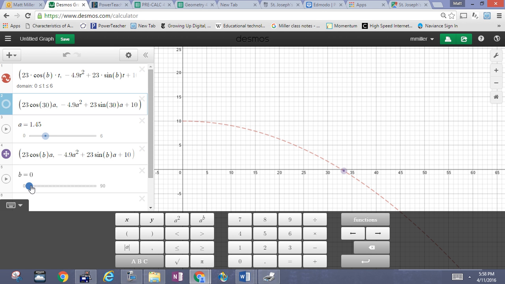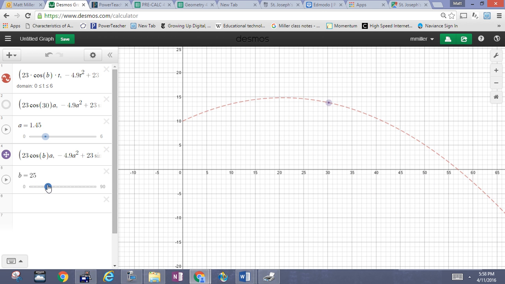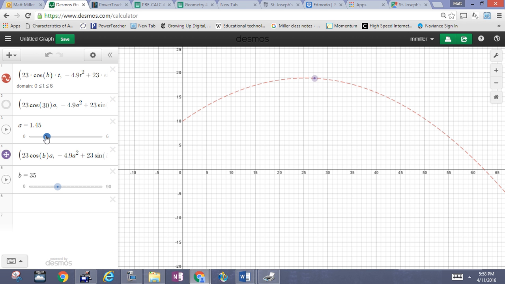Now let's go and change this angle up again. We were at 30. I'm looking to see if I can get more range out of this with a different launch angle. So 35 is giving me a better launch angle. And of course, a 35-degree launch angle is giving me a better range. And you'll see that I'm in the air longer as well. At 40, I'm getting better hang time,